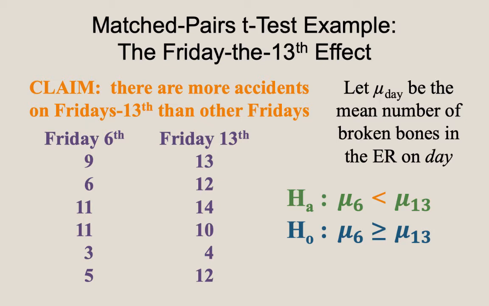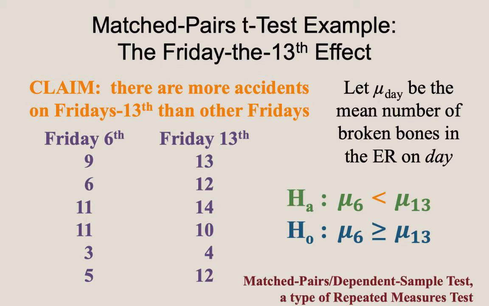All right, now again, I want to emphasize this is what we call a matched pairs, or what's called a repeated measures test. Okay, and it's called a t-test because we're going to use the t-test statistic. We're going to use a t-ratio to solve this or to understand this. So what I need to do now is show you 1,010 ways to write the same thing. All right, so bear with me here. I'm going to take these hypotheses and we're going to play around with them just for a little bit. And you'll see why in a moment why this is an important thing. But bear with me for a second here.